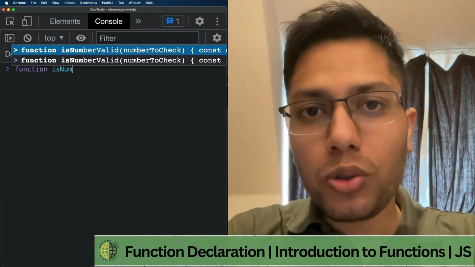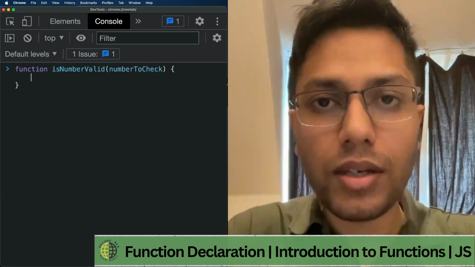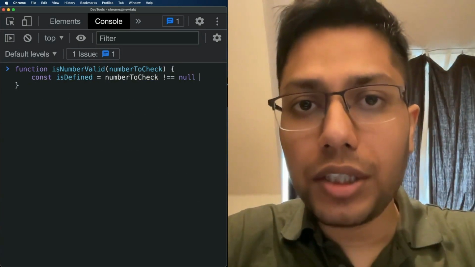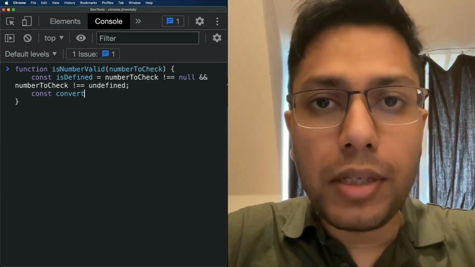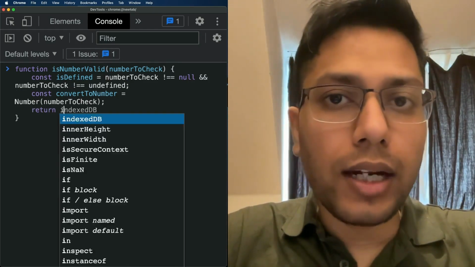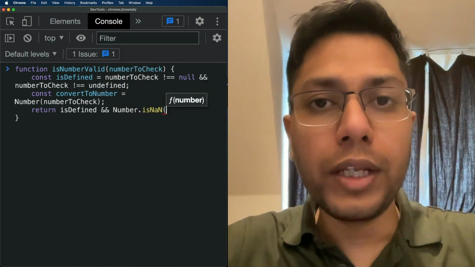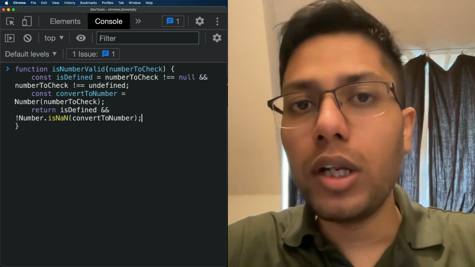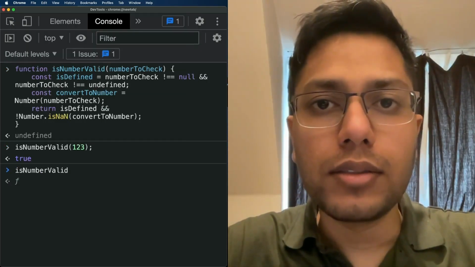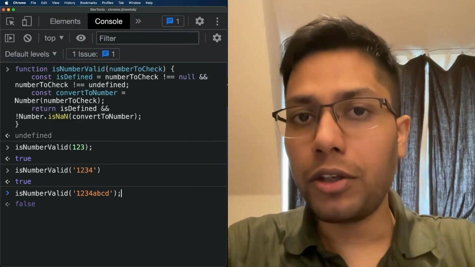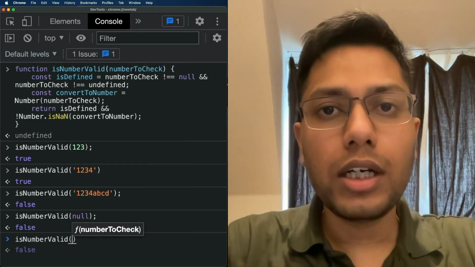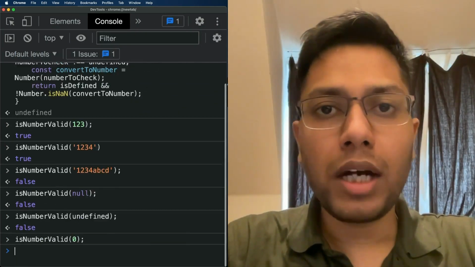Let's take a look at how to declare a function in JavaScript. Functions are declared using function keyword followed by a name and a set of parameters that are used as inputs. To invoke a function, we simply call its name followed by parentheses. Functions can give output values using return keyword, which can then be used in other parts of our code.